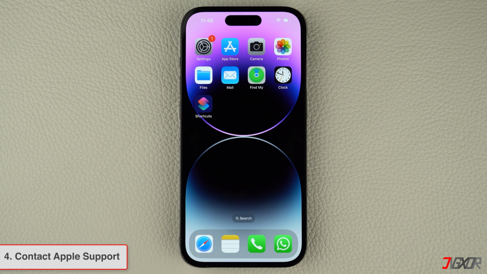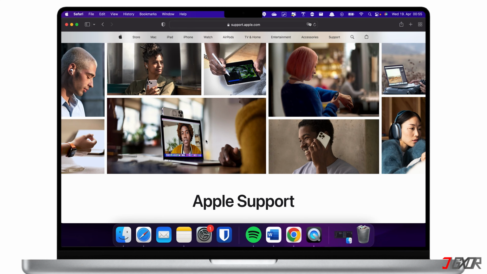For hardware problems, the best approach is to contact Apple support. If your device is still under warranty, they may be able to repair it at no charge. If not, they should be able to diagnose the problem and give you an estimate of the repair cost. You can either visit the nearest Apple Service Center or contact them directly via chat or call on their web platform. To contact them online, open your browser and visit